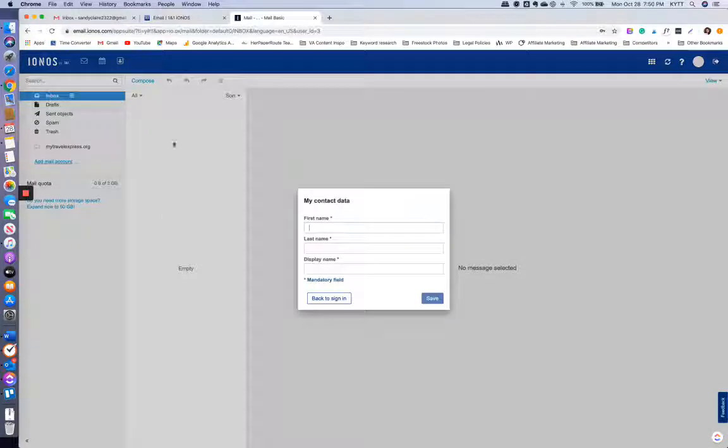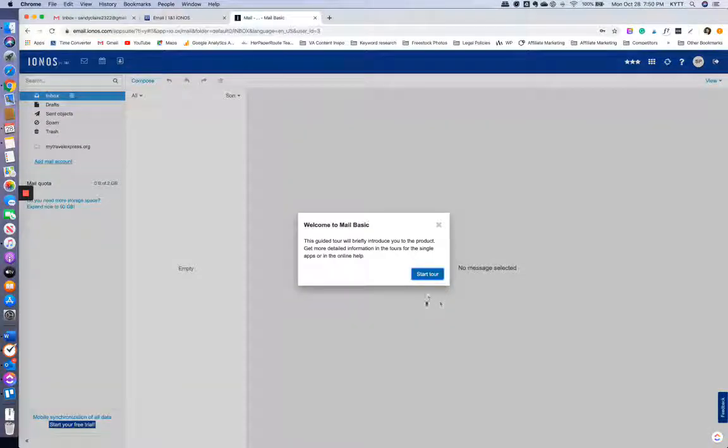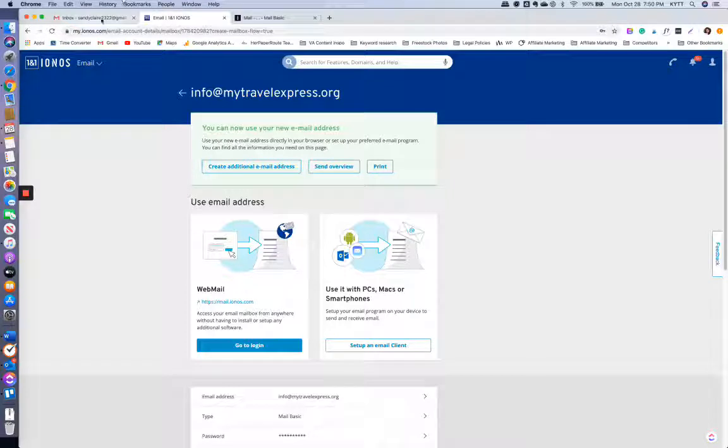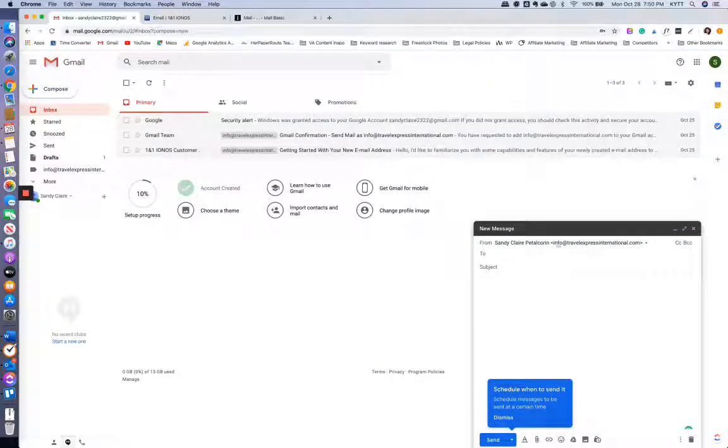And there you have it. You're in your Gmail. So Sandy, I don't need the tour now, but you can go through it if you want to. But this is the mailbox, basically. So what happens now is you go back to Gmail, and you want it to be here,